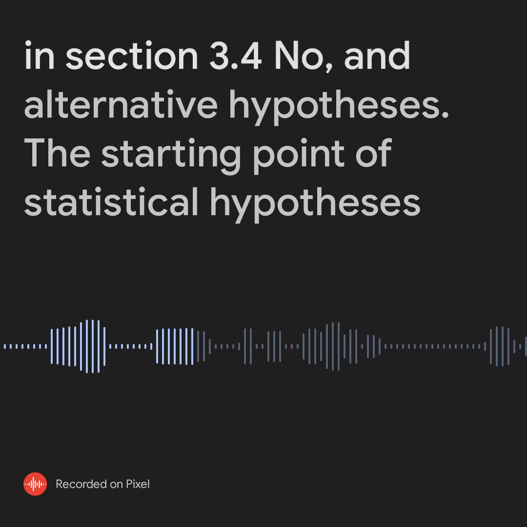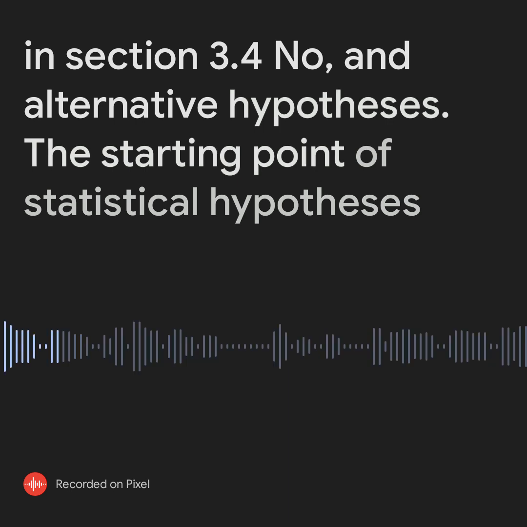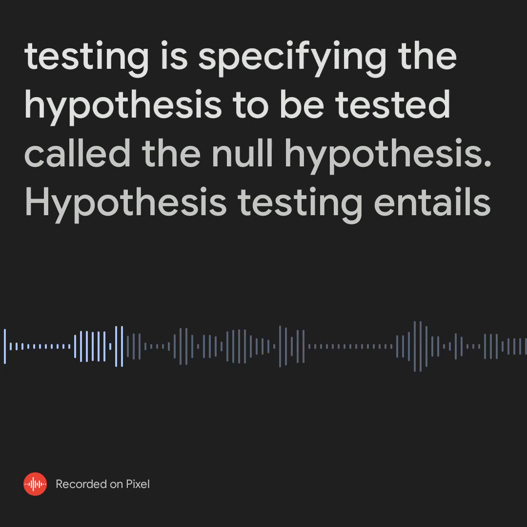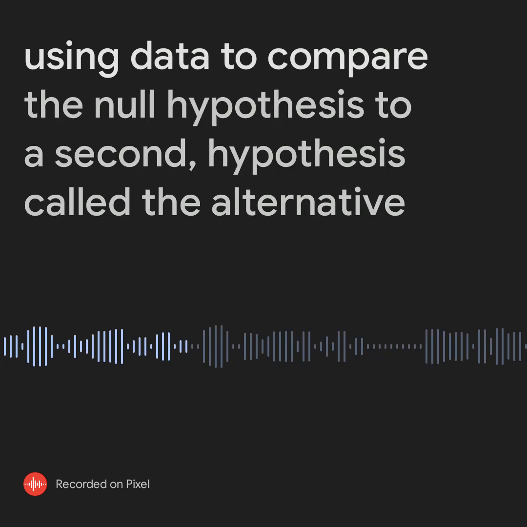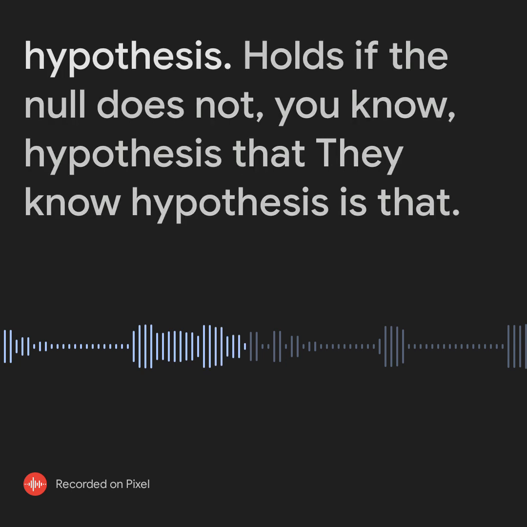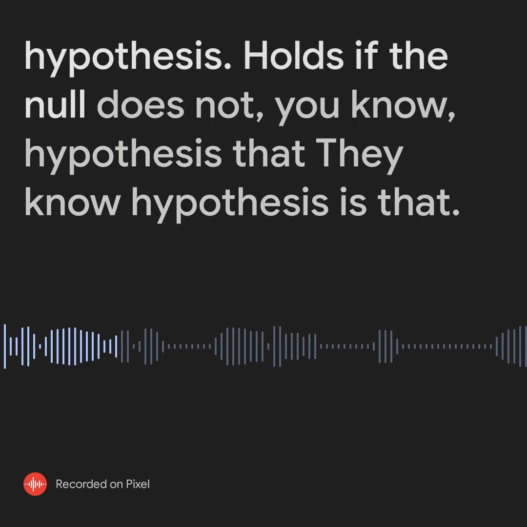Null and alternative hypotheses. The starting point of statistical hypothesis testing is specifying the hypothesis to be tested, called the null hypothesis. Hypothesis testing entails using data to compare the null hypothesis to a second hypothesis, called the alternative hypothesis, that holds if the null does not. The null hypothesis